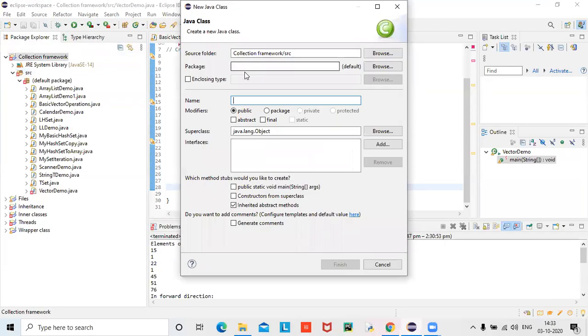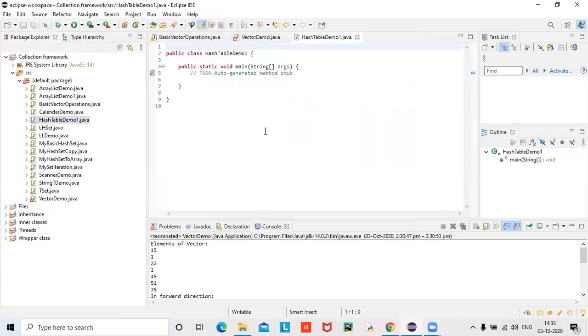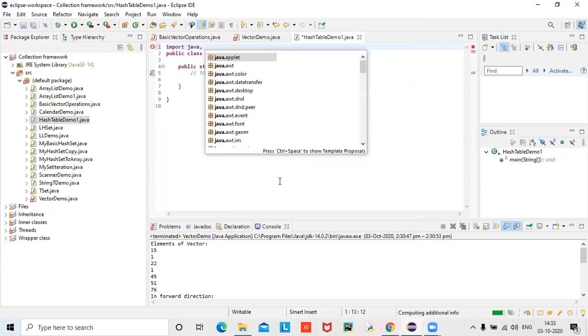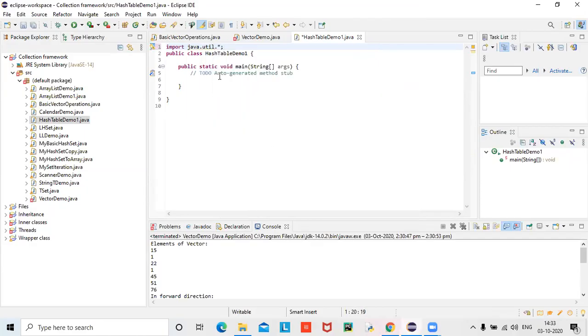So we'll go with maps. First one is hash table. Hashtable demo. I want to accept data from keyboard in this application actually.